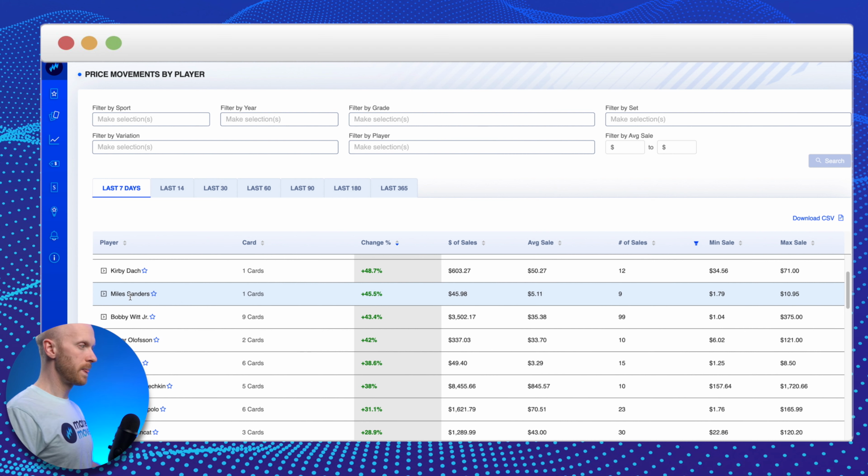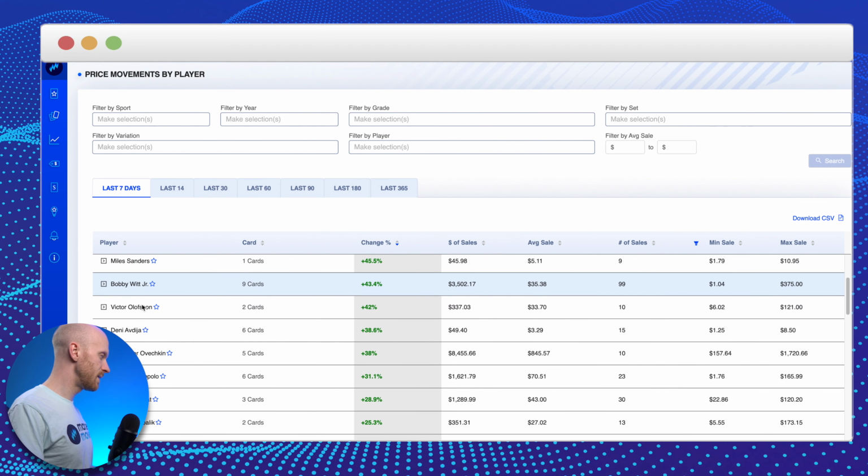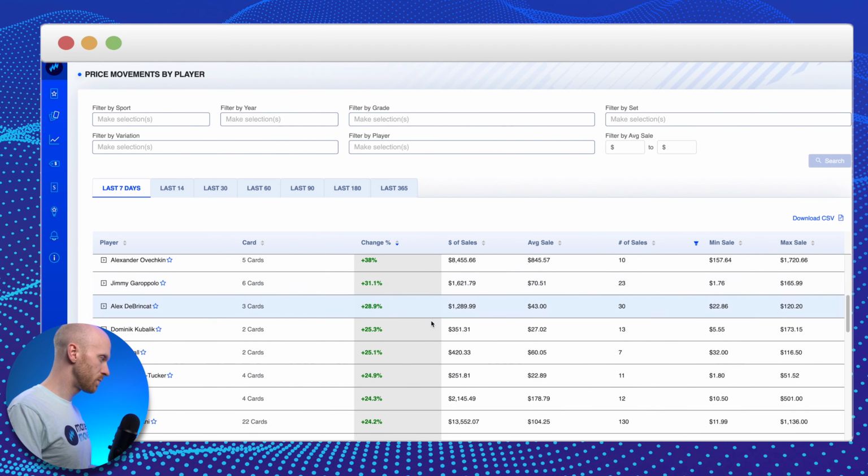Miles Sanders, running backs, they start catching momentum, I think, before the season starts. He was a guy last year that people were kind of high on. He had some injury problems, underperformed, but Jalen Hurts looks like the real deal. Maybe that's why people are investing in Miles Sanders. Bobby Witt, I heard, smoked a massive home run during spring training. He's obviously a young prospect in baseball that people are really high on. So again, you can just kind of keep scrolling down here and see which players' prices have been going up